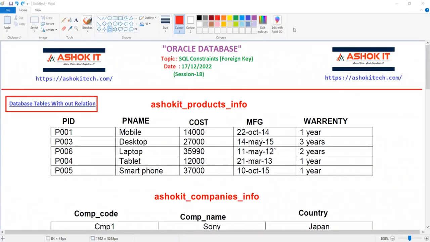Hope you guys are able to see the paintbrush, everyone. See, right now, I'm just talking about database tables without relationships, sir. So assume that we have a table with the name called